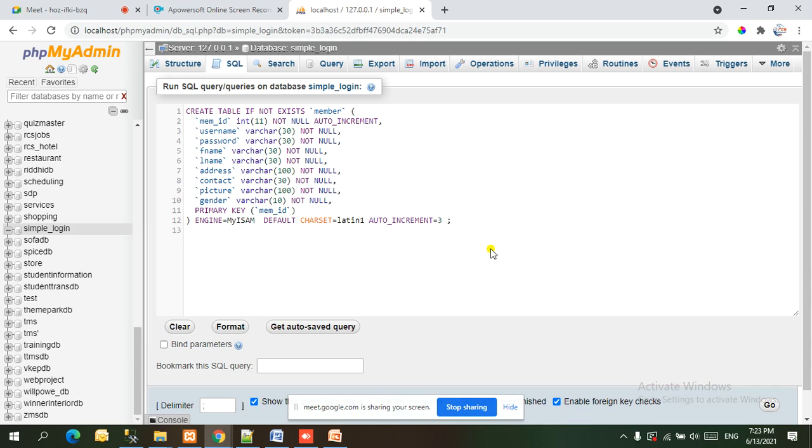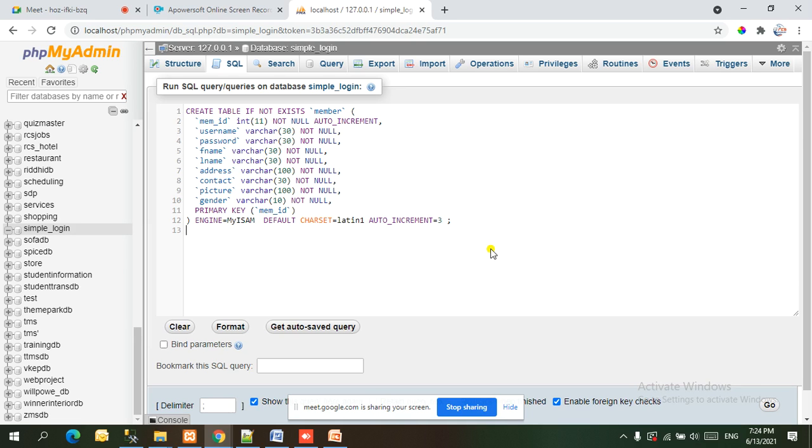It should be not null and auto increment. So what is the meaning of auto increment, guys? This column value we are not going to insert. It's going to be auto incremented here. When we insert the data from the program, we don't need to provide the member ID. So member ID is going to be auto incremented.